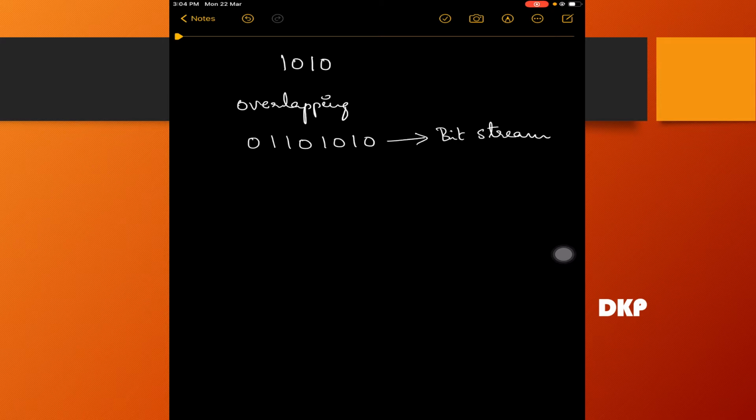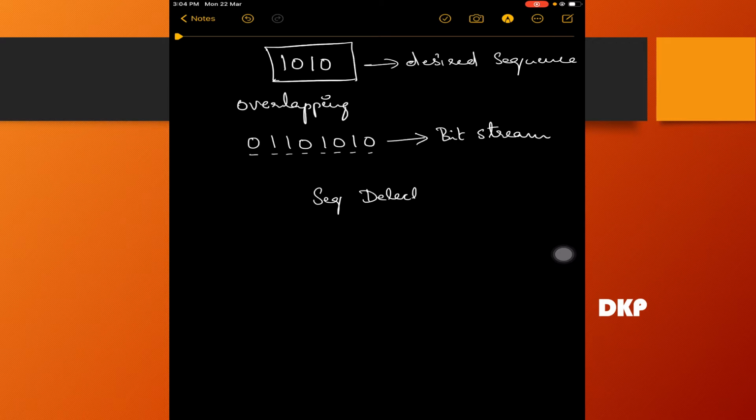From this bit stream, the sequence detector has to detect this sequence. So this is the desired sequence. You have to keep this in your memory. This is the desired sequence or pattern. So your sequence detector has to detect this pattern from this bit stream. So this bit stream consists of 8 inputs, 1, 2, 3, 4, 5, 6, 7, 8 inputs are there. These inputs should be given to your sequence detector